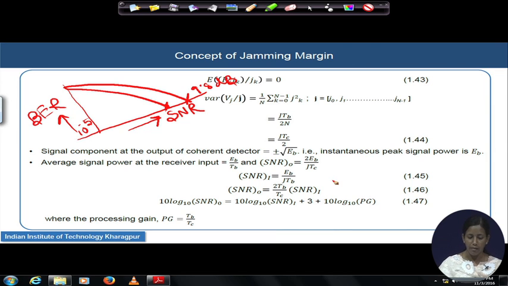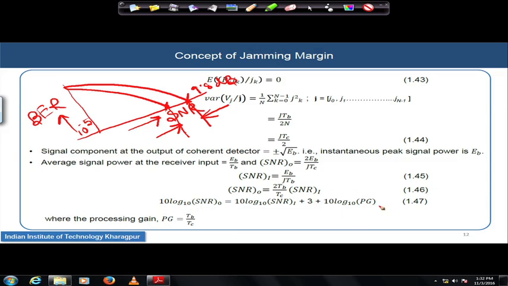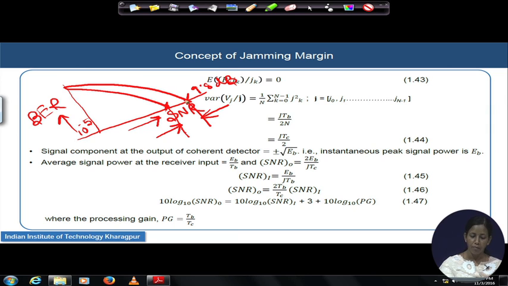So, the processing gain for a typical error rate, 10 log to the base 10 of the processing gain, will be reflected as a gain on the x axis of the bit error rate graph, or the performance analysis graph. So, this is how the processing gain is reflected on the system performance, and this gap with respect to the conventional communication system is not fixed,